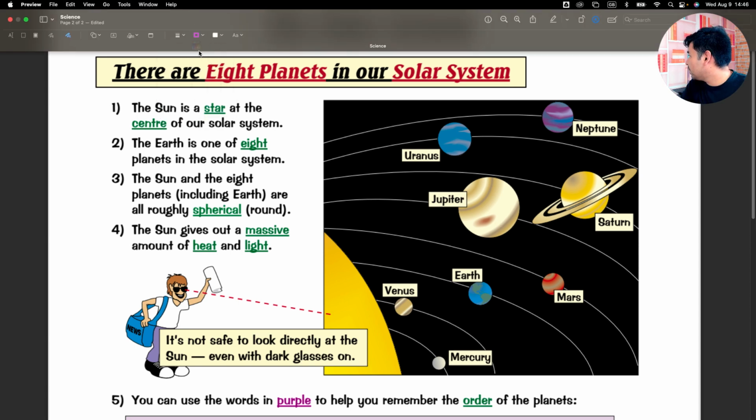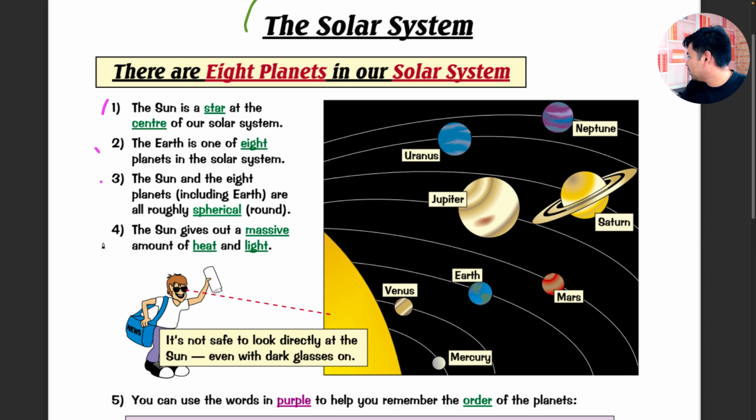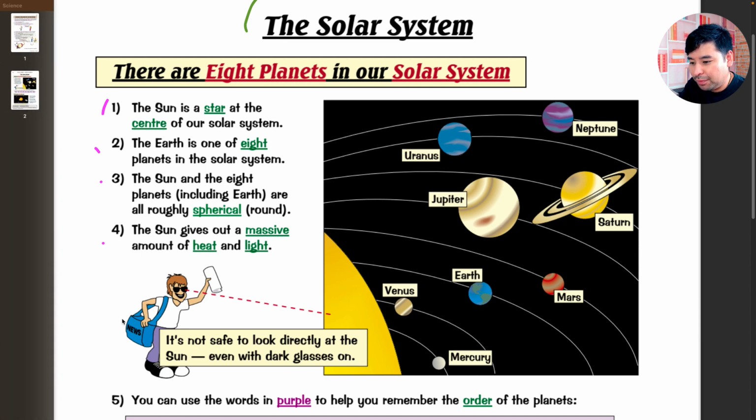Let me change the color, by the way. So here, number one, number two, number three, and number four. So the sun is a star at the center of our solar system. Everybody knows that. Number two, the Earth is one of 8 planets in the solar system. Three, the sun and the 8 planets in our solar system, including Earth, of course,